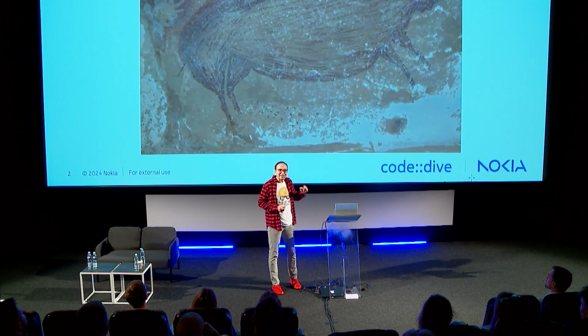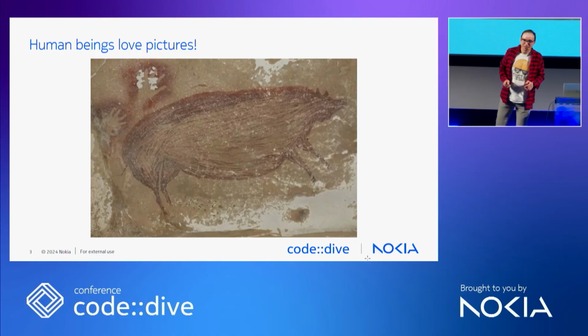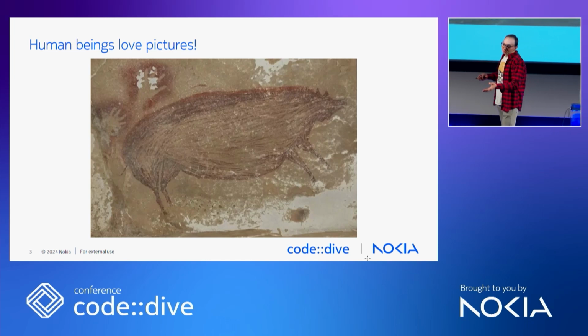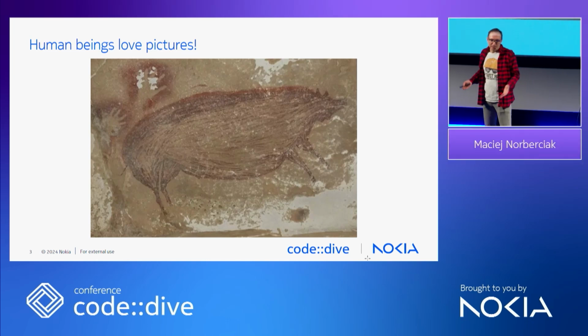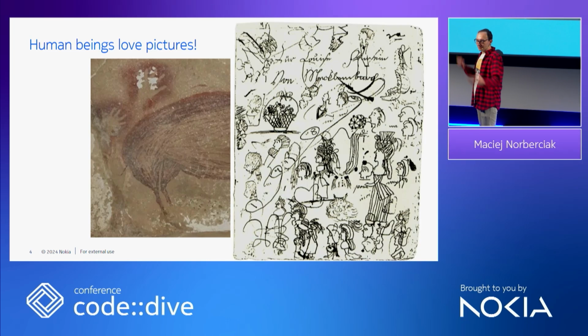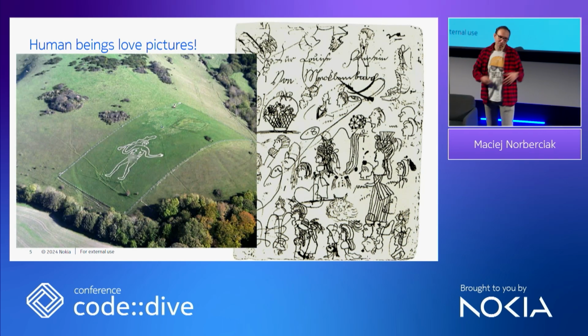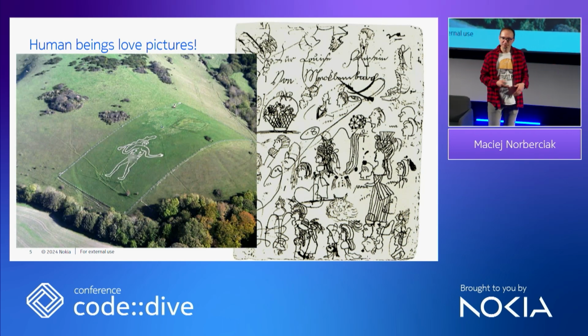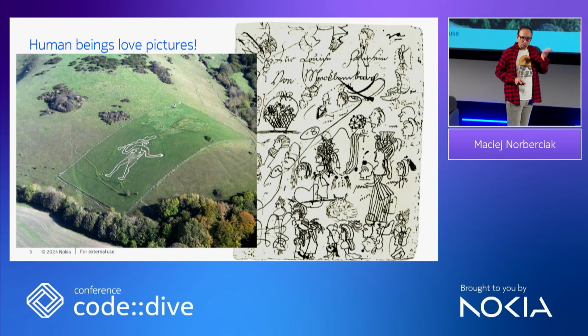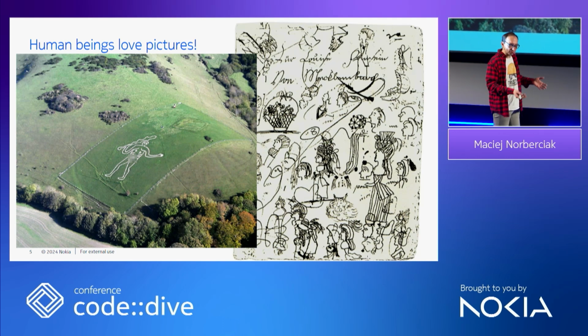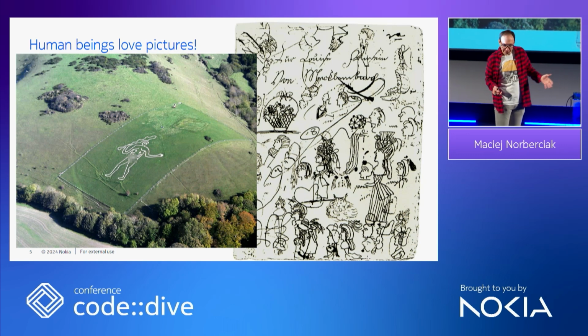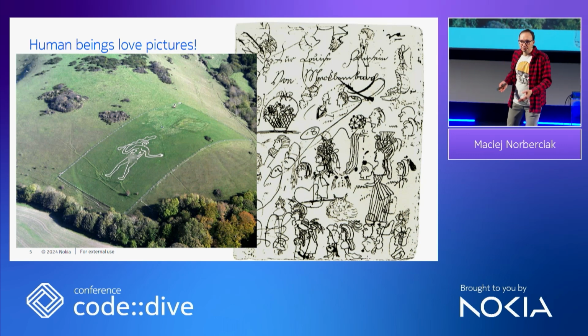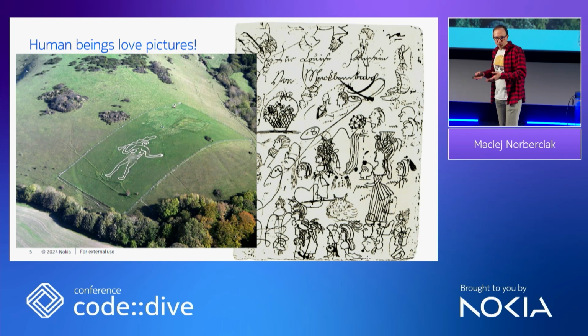Because we human beings just love making pictures. We do it for pleasure, to fight boredom. We doodle on small pieces of paper. Sometimes you use a bigger canvas, like the side of a hill. Added bonus, your private parts are now visible from outer space. But we also make pictures to use them for something, for worship, for example, but also to describe something, to instruct, to make a description of a process.